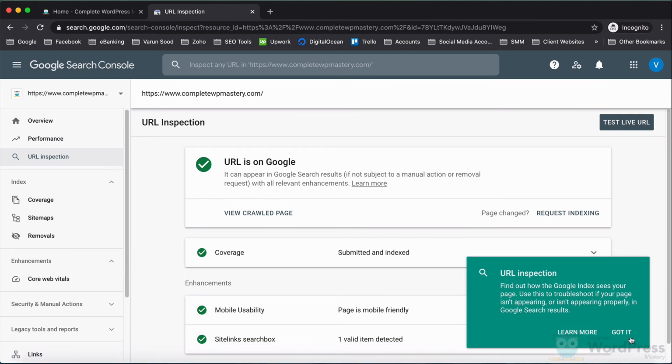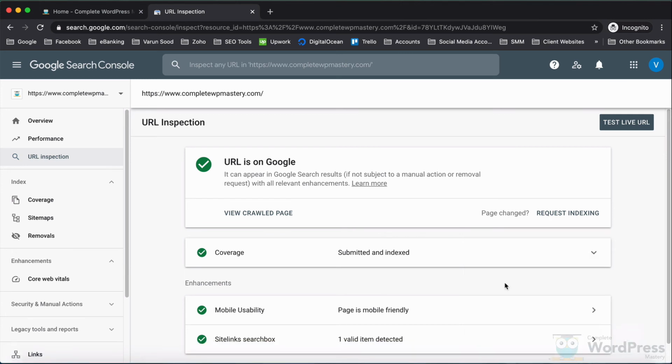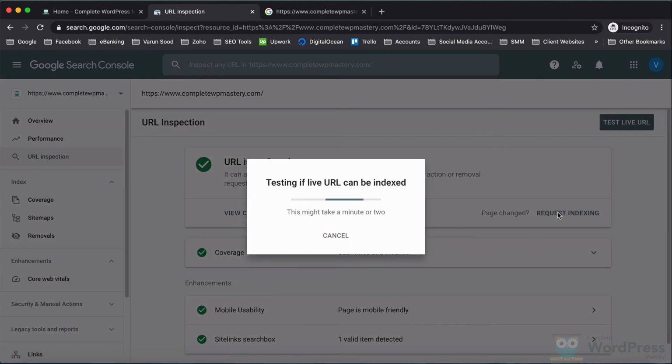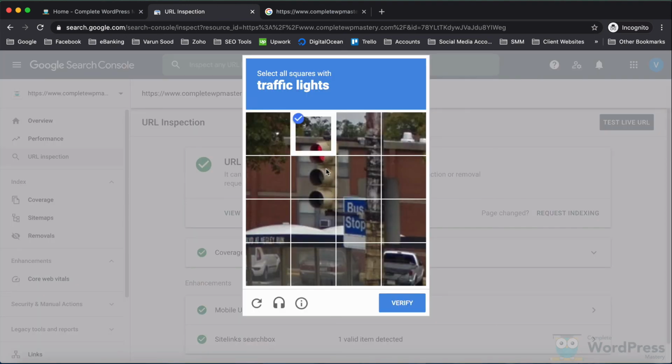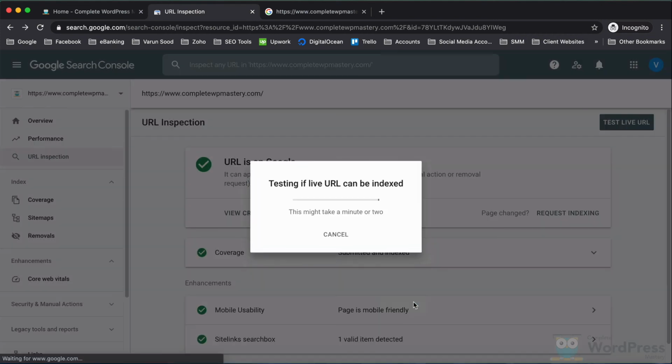If you add a new page to your website which is not yet on Google, or if you want Google to crawl and index your page again for some reason, you can request indexing by clicking here. If you have not disallowed Google from indexing your URL, its crawler will crawl your page and then index it.